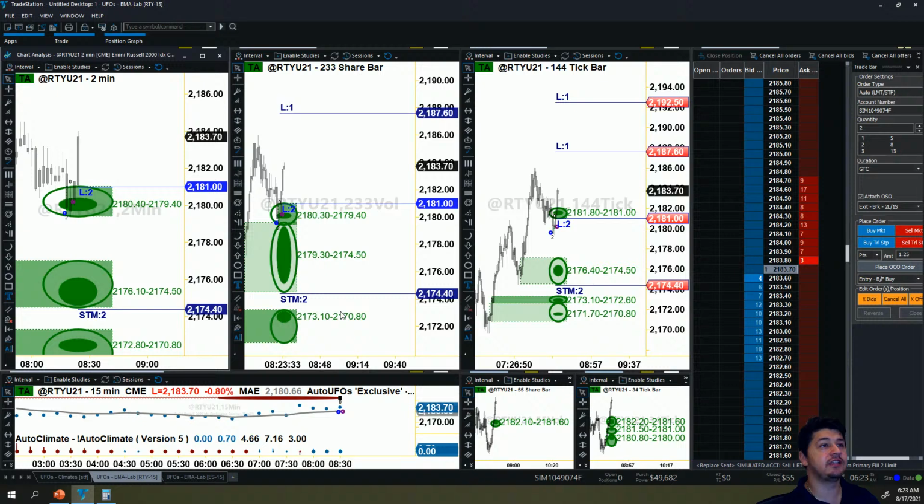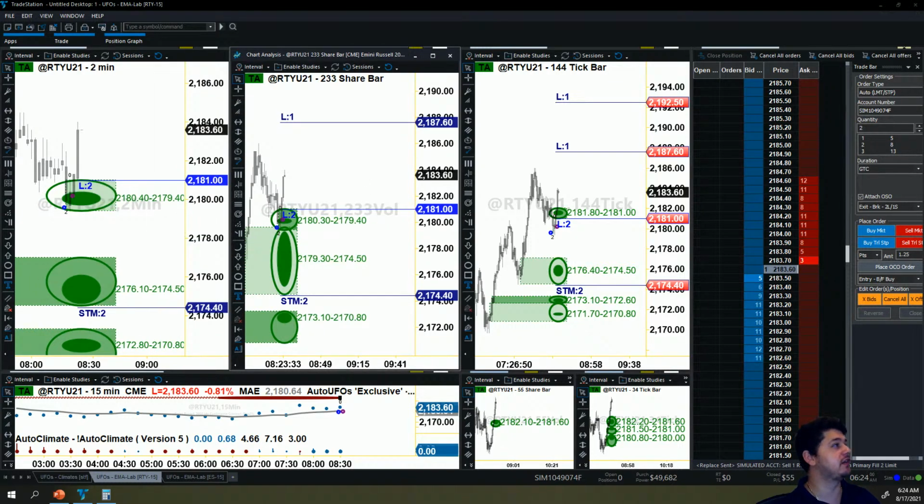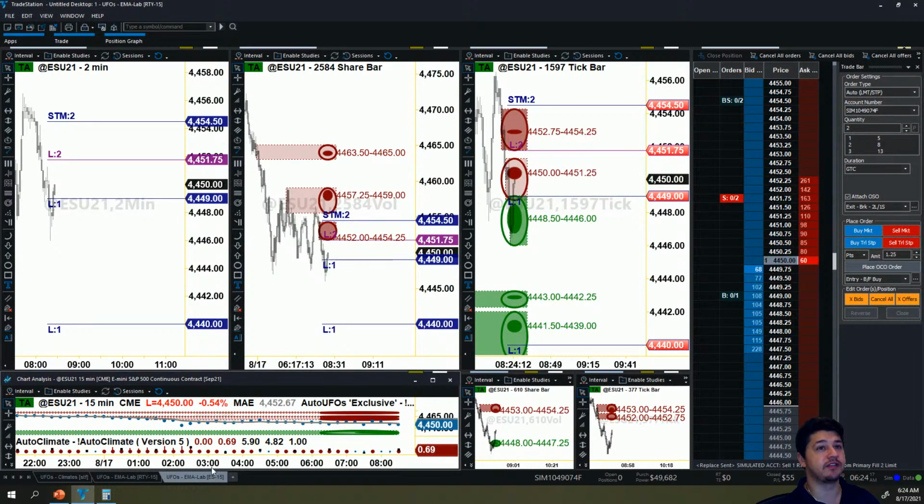Just immediately refocus yourself and say, okay, this is it. My next opportunity is right here. You may think to yourself, wow, look at this move I'm missing out on. There's always going to be another move. Just believe me when I tell you this. There's always going to be another big winner. There's always going to be another near miss. There's always going to be an immediate stop out. That's just how trading is. It's nothing against you. The market has absolutely nothing against you. Sometimes things work out really well. Sometimes they just take their time to work out, and that's how it is.